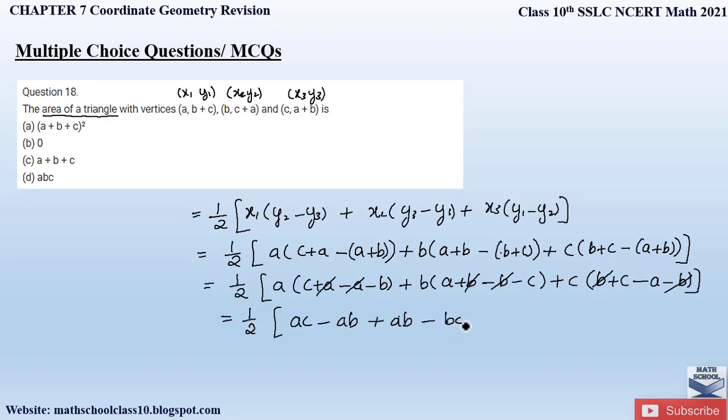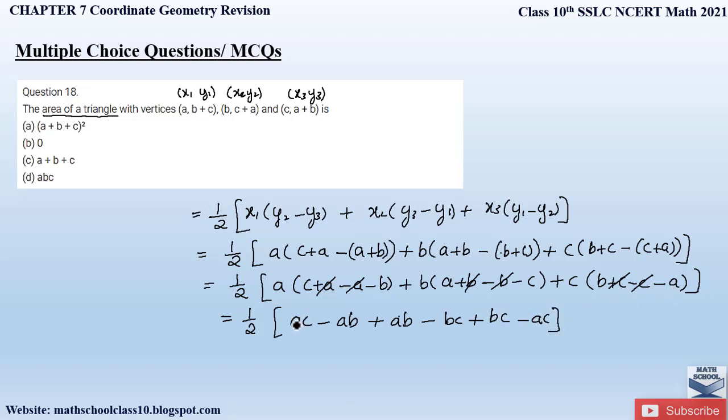So here I made a mistake. Y2 is C plus A here. This is C plus A. So when you open this bracket, you get B plus C minus A. Here plus C and minus C will get cancelled. So plus C into B is plus BC and minus AC.